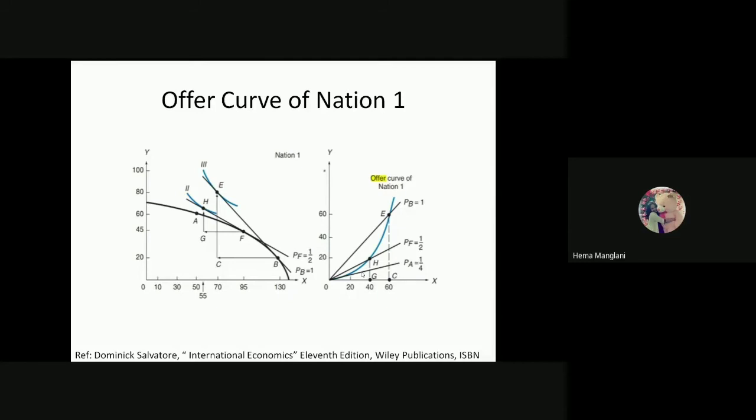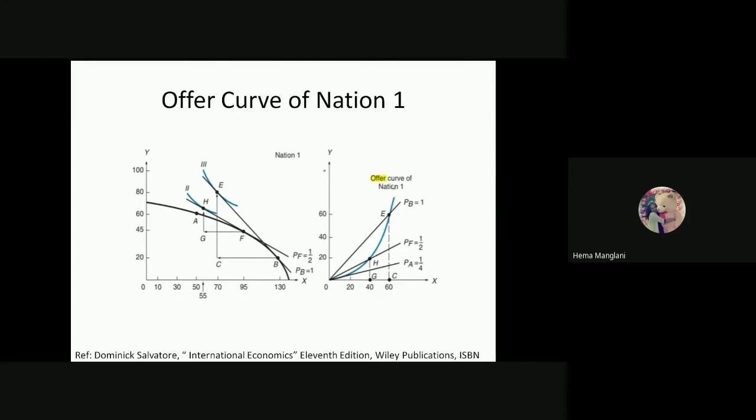Okay. Then there is one important thing. The nation one incurs increasing opportunity cost in producing more of commodity X for export. And the more of commodity Y and the less of commodity X that nation one consumes with trade, the more valuable to the nation is a unit of X at the margin compared with a unit of Y. So this is very important that PX by PY should rise, and only in that case would you see this blue offer curve going in an inelastic shape.